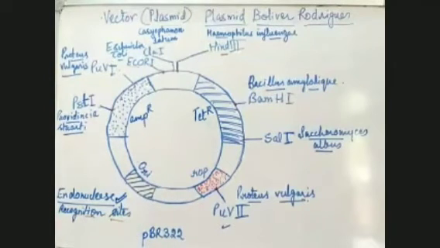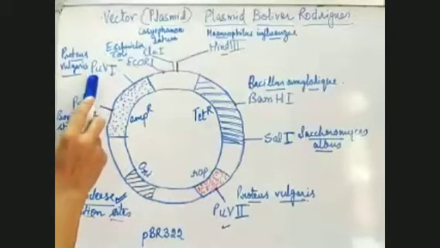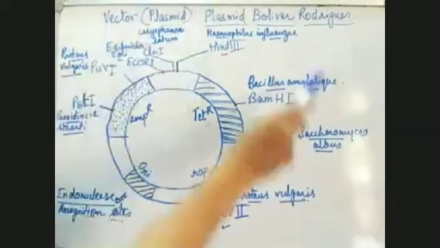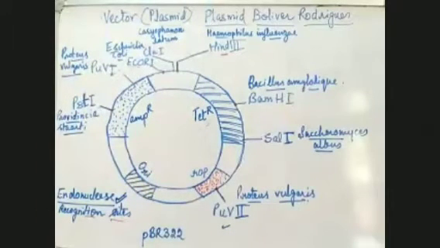PBR322 is sold to Karthik. Now Karthik is not going to use PS2, PS1, PUV1, CL. He will not use all these together on one plasmid, because if he does, it will break into fragments. So if somebody buys this PBR322 and works on it, they will not use all the endonucleases together. They will use only one endonuclease.